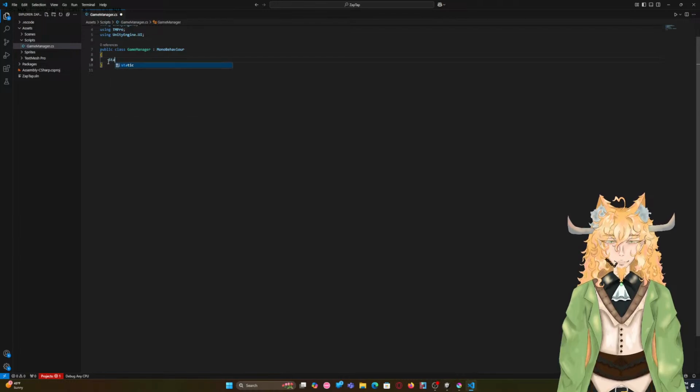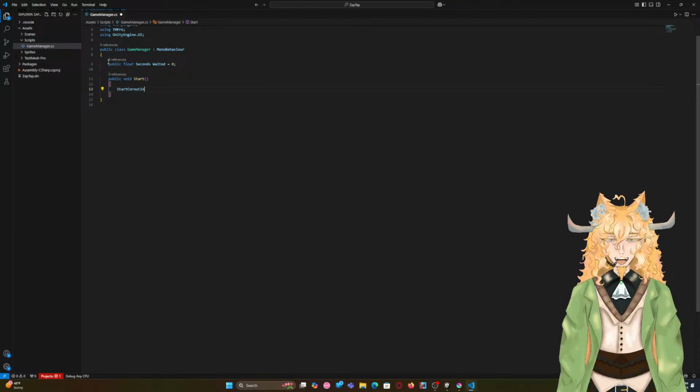Looking away from any research, we'll have a public float. We'll say it'll be seconds waited. And for now, we'll just have it equal to 0, right? Then we'll do public void start. And then we'll do a start coroutine. We'll call it,